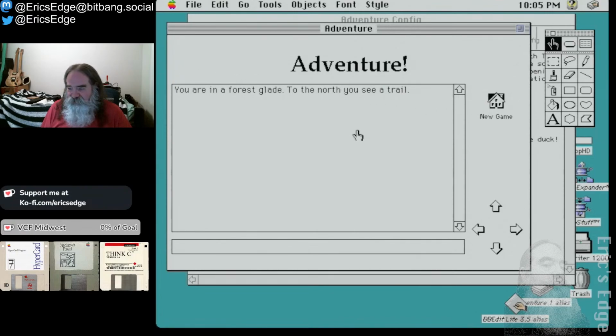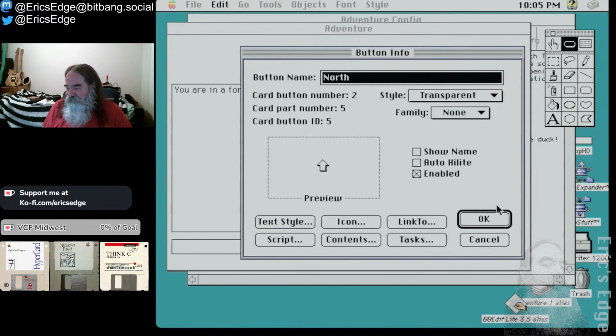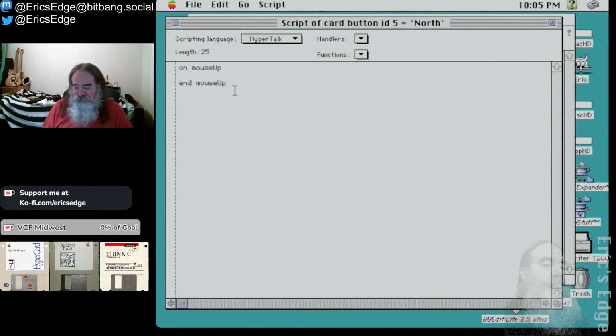Alright, so to the north there's a trail, so we want to click this and go somewhere. Right now it does nothing. Send, let's do command, because we want them to be able to type in go north instead of just clicking the button, right? So we're going to do a command,